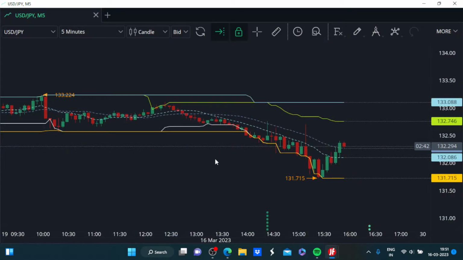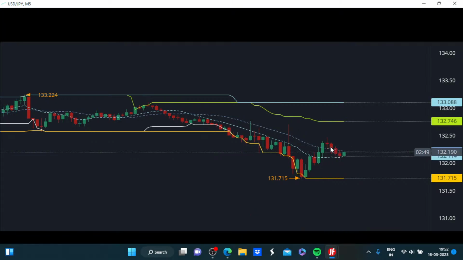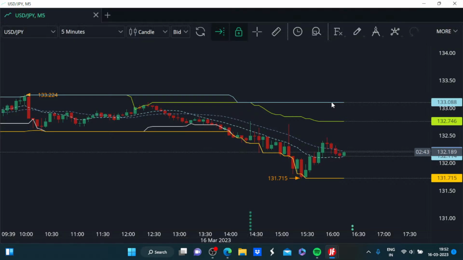This is the USD JPY chart with each candle period defined at 5 minutes. I have added the SMA 12 and SMA 24 to get us the price range for the last 1 hour and 2 hours respectively, the average price prevailing over the last 1 hour and 2 hours respectively. Along with that, I have the Donchian channel 24 and 48 in place to get us the price range for the last 2 hours and 4 hours respectively.